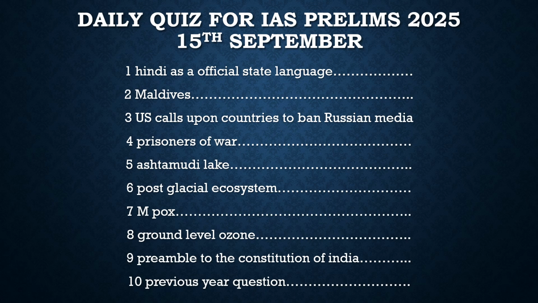Then the other article was about the Maldives. About Maldives, we should know that historically the relationship between India and Maldives has been very good, but unfortunately for the last few decades the relationship has worsened because of the anti-India stand there. Also, the year before last, when the new president, Mr. Moizzu, was elected there, he came to power because of one slogan, the India Out campaign. Because of that, he came to power. So recently, the relationship between India and Maldives has not been that great. You know what is the reason for that? Because Maldives is moving much closer to China.